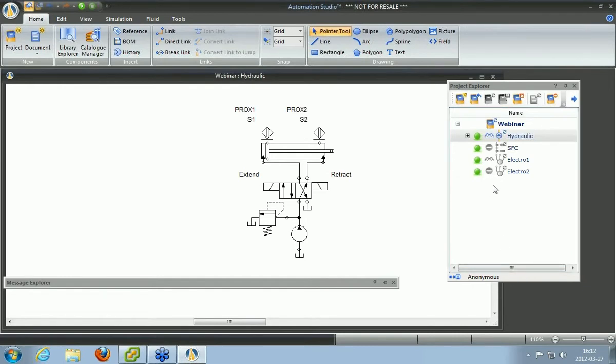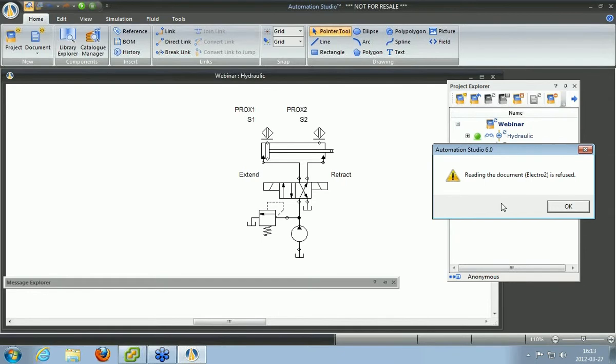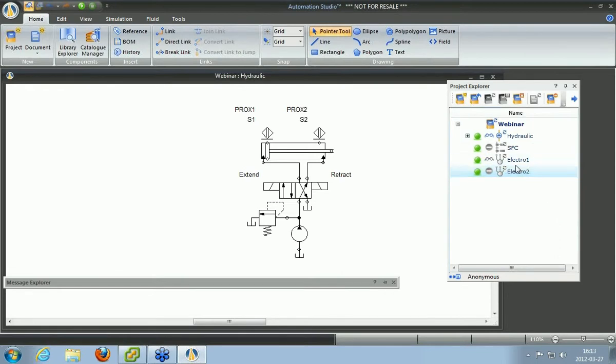As you can see, right now I have different icons on the left of the different diagrams over here. So I got the 2 technical diagrams that are presently closed as they are grayed out. This one, I'm not allowed to read nor write the diagram. So if I try to double click on it, I get a message saying that the permission to open the document is refused. Same thing with the SSC document. I am not able to open this document either. However, this document I am able to read, but not to write. So if I double click on it,